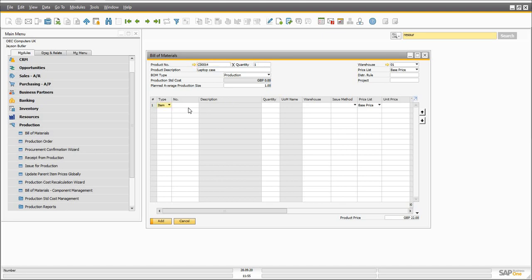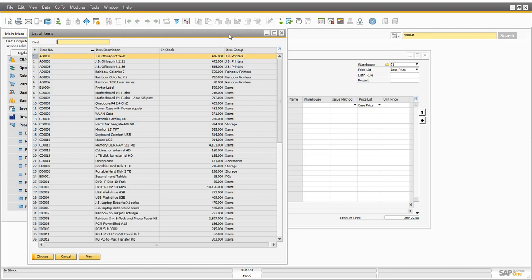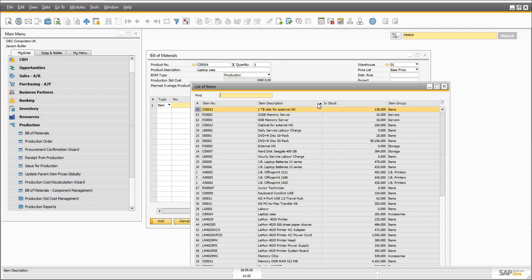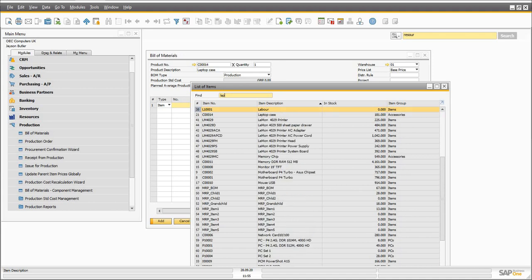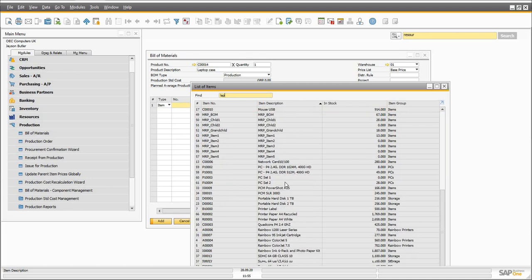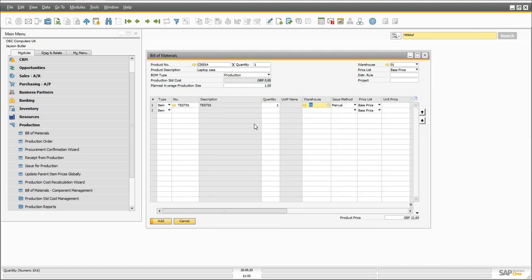So for the item I wanted to put laptop. Let's say this is the item, I wanted to select it,